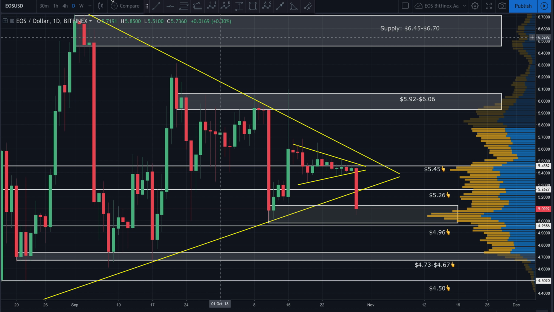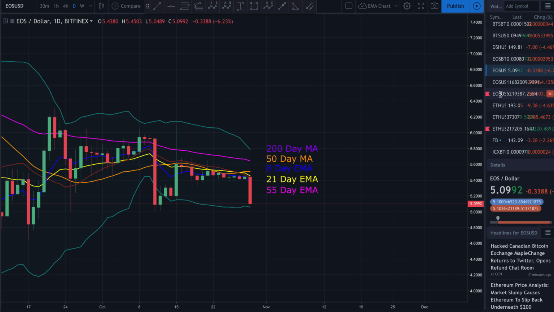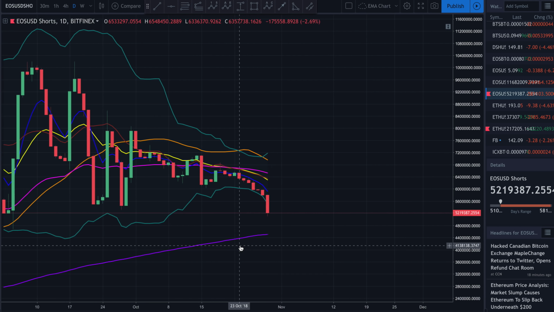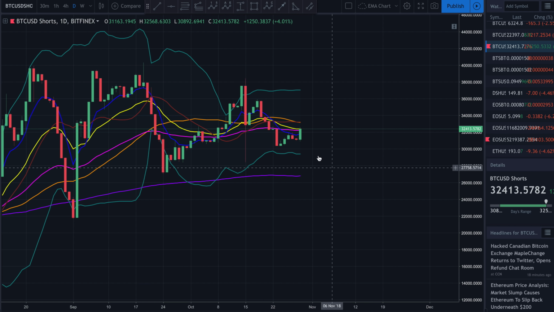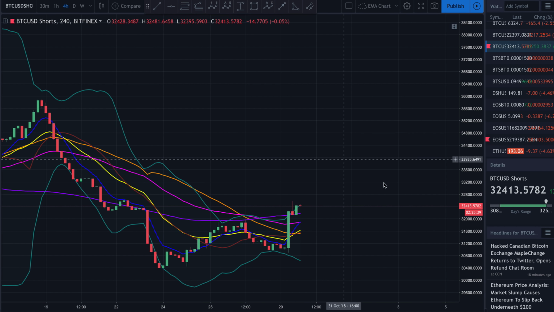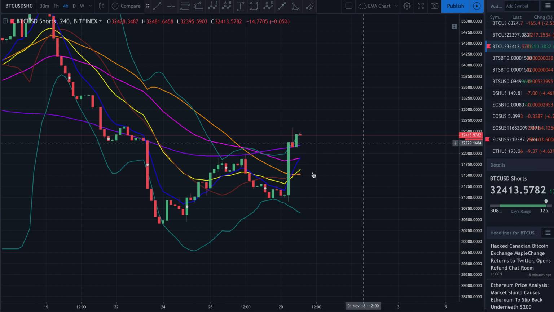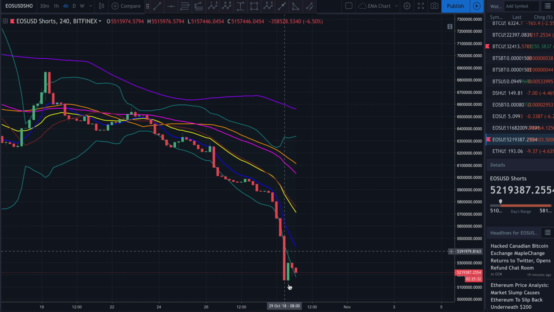Now, right now, if I look over here at our short positions, let me check EOS. Here are the EOS shorts. Shorts are actually falling off the board. You would expect them to start to rise like we are in Bitcoin. Bitcoin shorts are actually rising. Come over here and check them out. Bitcoin shorts have actually started to uptick just a little bit. This is on the daily, so it doesn't look, let me switch over to the 4-hour, you can see a little bit better. Yeah, Bitcoin's shorts are starting to rise. We come over here, we check EOS. EOS shorts are still dropping.